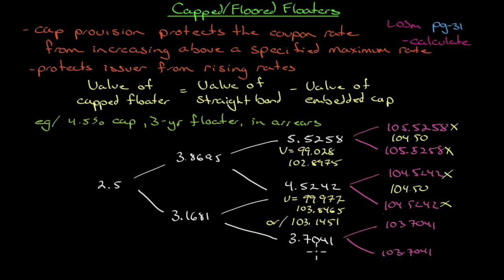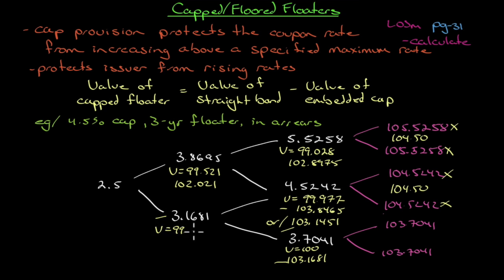And here we discount this back at this rate. It's easy to see that we'll have a value of 100. If we add the coupon on, it will get to 103.1681. We'll take these two prices and discount them back at 3.8695. That gives us a value of 99.521. Add the coupon on, we get 102.021. And discount these two prices back at this rate